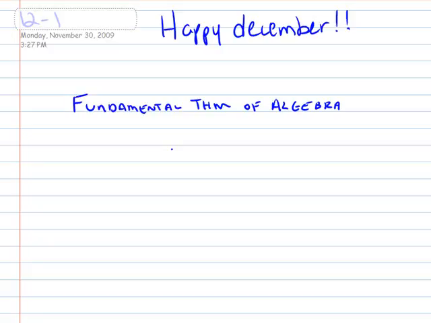What this is going to tell us is that if we have a polynomial of some degree n, then that polynomial has at least one zero in the complex system, and it has precisely n zeros. So if we have a function that is a fifth degree,